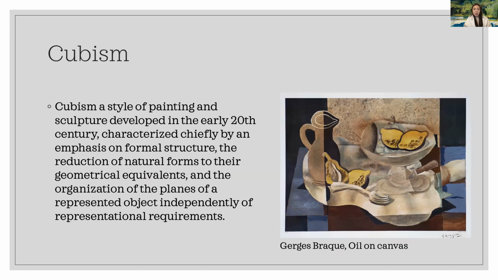And let's move on to the next art movement after the avant-garde, Cubism. So Cubism is a style of painting and sculpture developed in the early 20th century, characterized chiefly by an emphasis on formal structure, the reduction of natural forms to their geometrical equivalents, and the organization of the planes of a represented object independently of representational requirements. So, this is a George Braque,